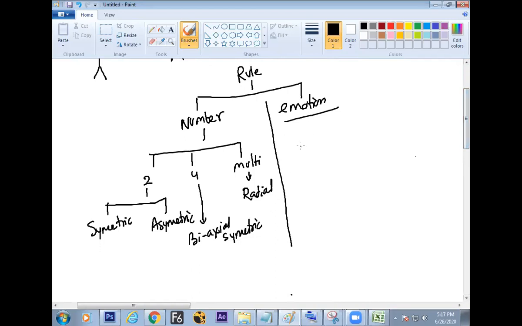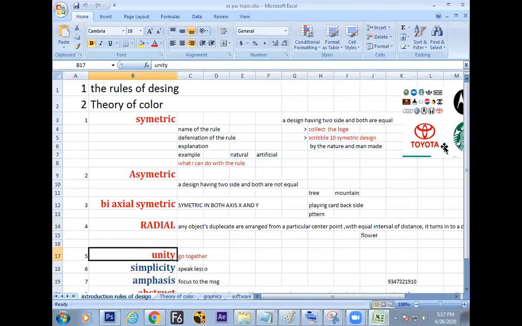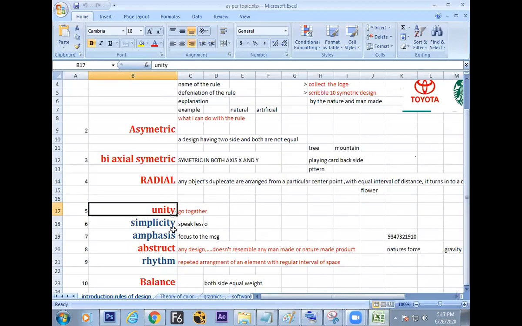Now for the emotional case, on screen you can find a few rules: unity, simplicity, emphasis, abstract, rhythm, and balance. We'll be discussing all these things with examples, and from the examples we can conclude how it is going to help. If we maintain these rules, then the design will be nice.